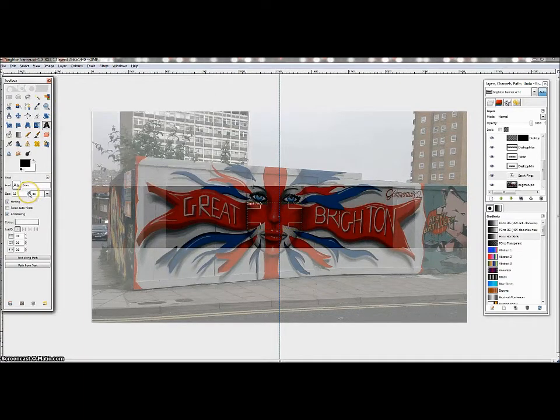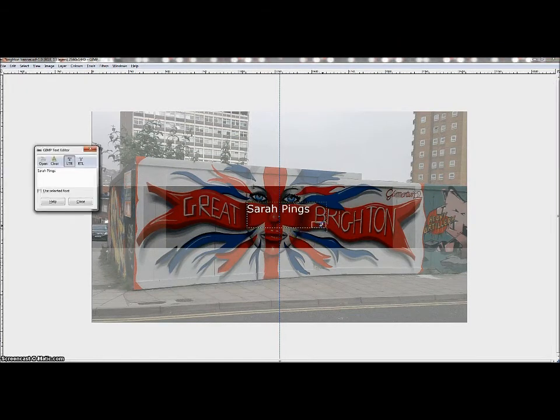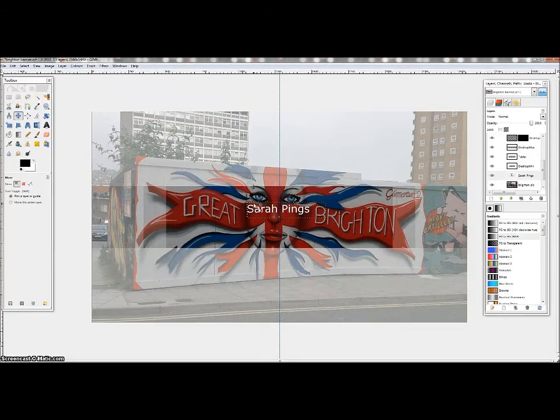The text size is 18 pixels. Because this is a big image, that's a little bit small, so let's whack it up. Oopsie, not quite that much. And you can then extend this like this and close it up a bit. You'll see that you've created, immediately, as soon as you put text onto a layer, it creates a